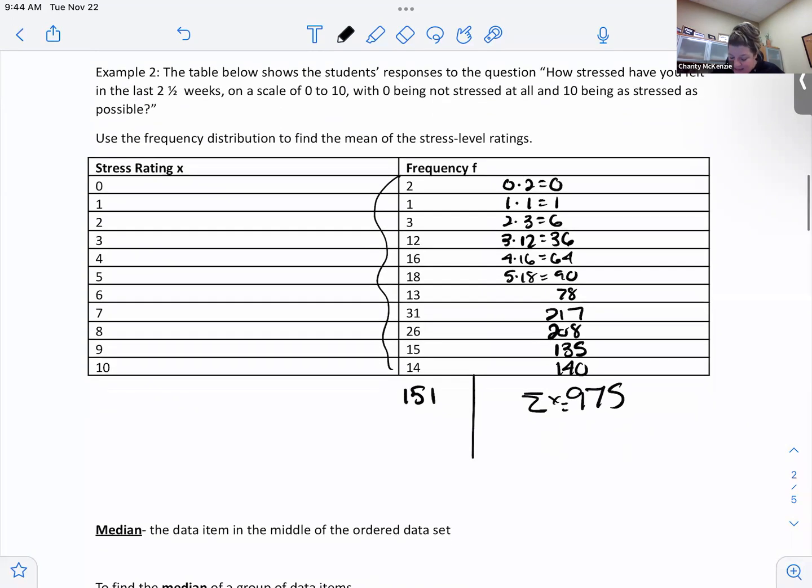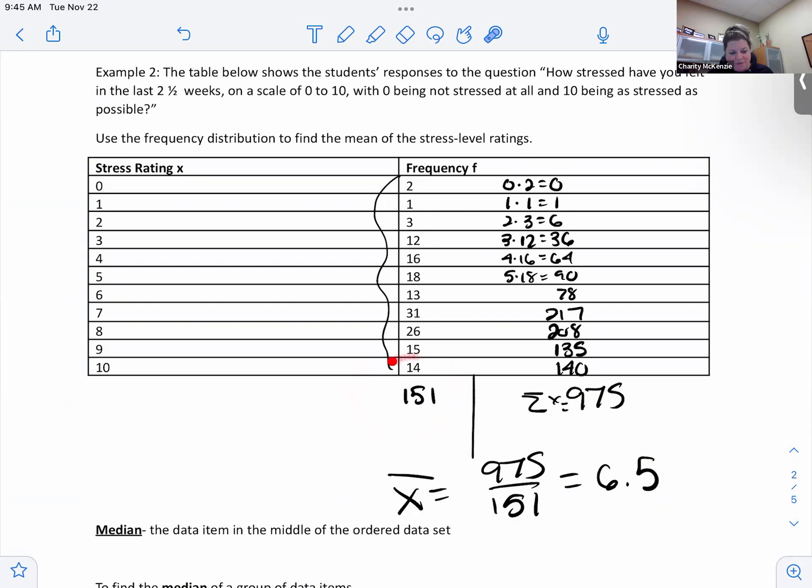And so to get the mean, we would then divide these two numbers. There was a total of 975 divided by 151. I get about 6.5 if I round to the 1 decimal place, the tenths. Cool. There you go. Way harder with a frequency table because you have two things you have to add up. A little bit confusing, but the times works way better than to list out all the numbers, right? List out 18 of these, 13 of these, 31 of these, and then add them up. So we like the times to help us add ours up.